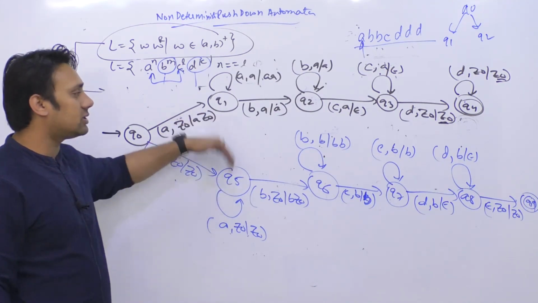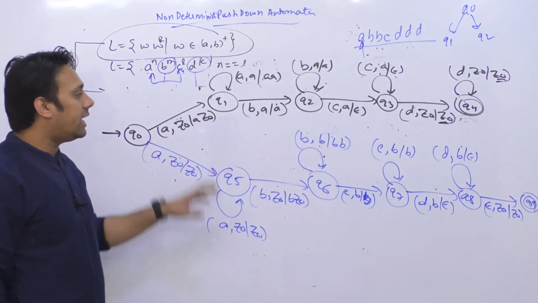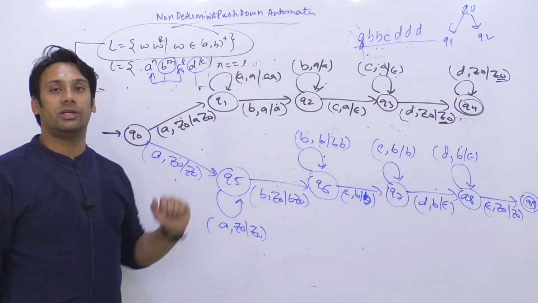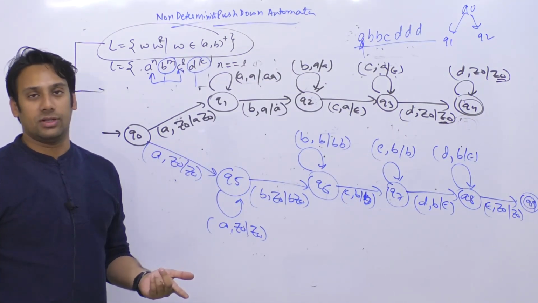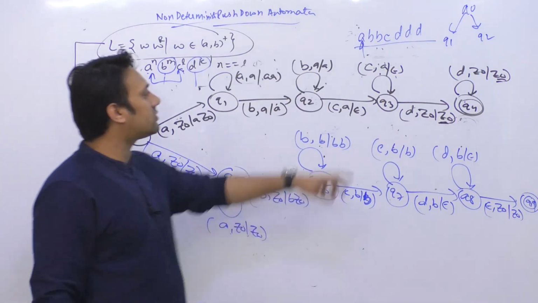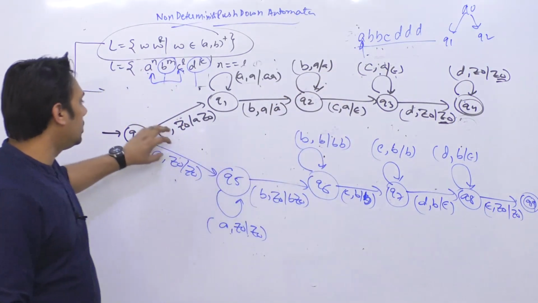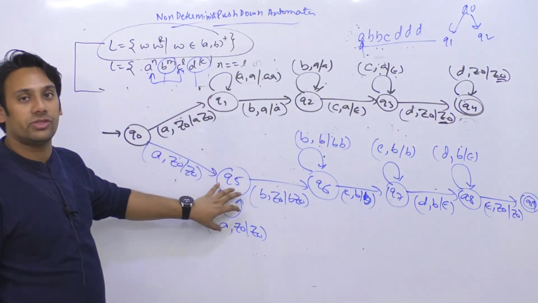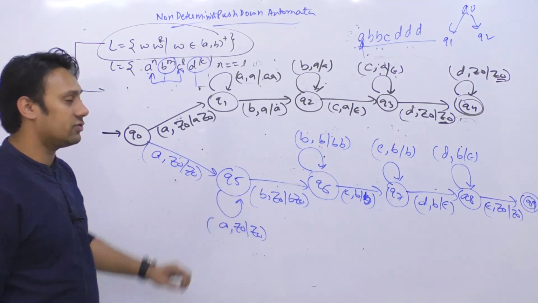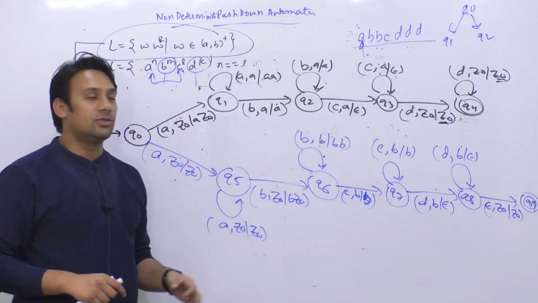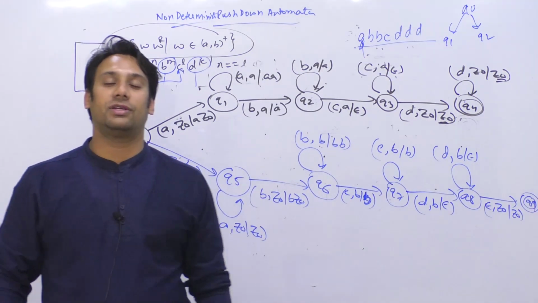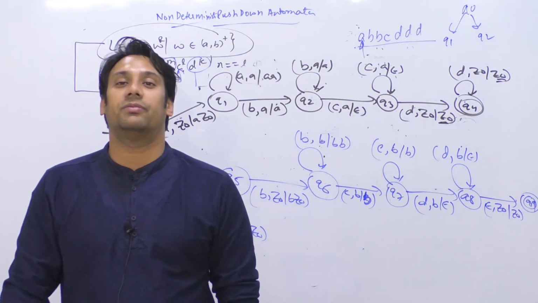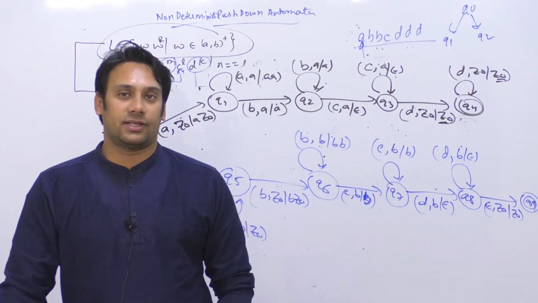So in both the cases, both these things will work parallelly. And if any one of the copies can lead to a final state, then we can say the string is accepted, otherwise the string is not accepted. So here if you give the string A, then you will reach the state Q1 as well as the state Q5. So basically it's just like a binary tree. It is making a binary tree, and if the leaf node of that binary tree becomes a final state, then we say it is accepted, just like this.